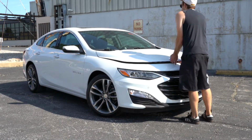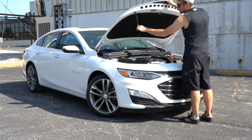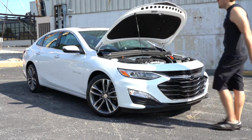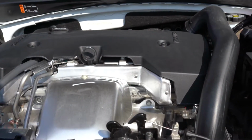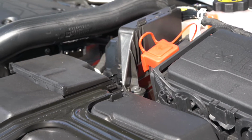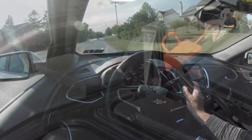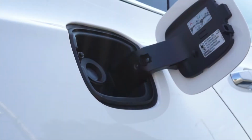But to allow a couple extra options in addition to all those trim levels, there are two different engine setups available. First one being a 1.5 liter turbocharged inline 4-cylinder engine belonging to all trim levels but the Premier that we have today. This one is going to put out 160 horsepower at 5,700 RPM, 184 pound-feet of torque available at 2,500 RPM, sent to front wheels through a CVT, giving you MPG numbers at 29 in the city,